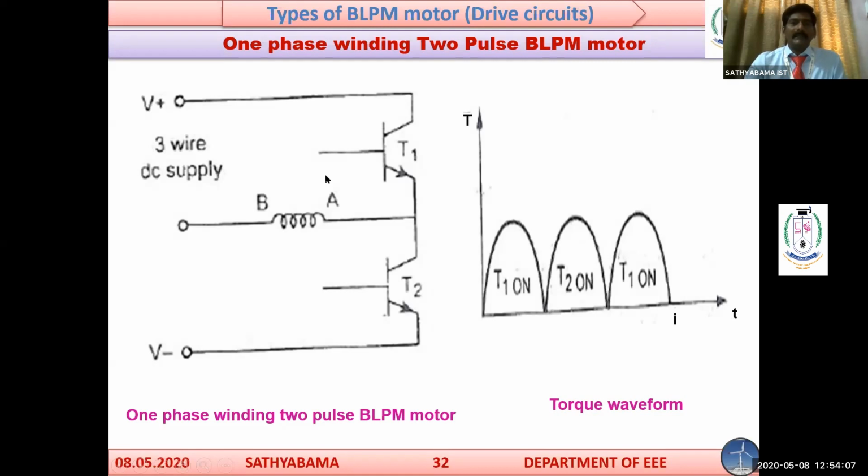This d theta by dt, the displacement with respect to time, is the angular velocity omega. Therefore, E equal to minus d psi by d theta into omega, that is E equal to minus omega d psi by d theta. In place of psi, you substitute the value we obtained in this equation. Therefore, E equal to minus omega d of n1 Bg r1 l into pi into 1 minus 2 theta by pi, divided by d theta.